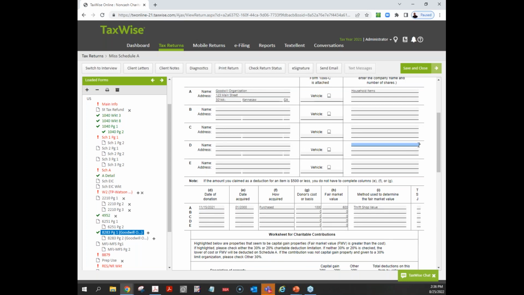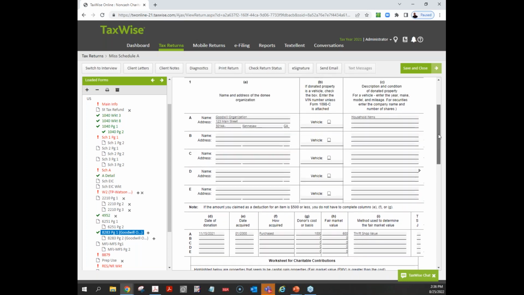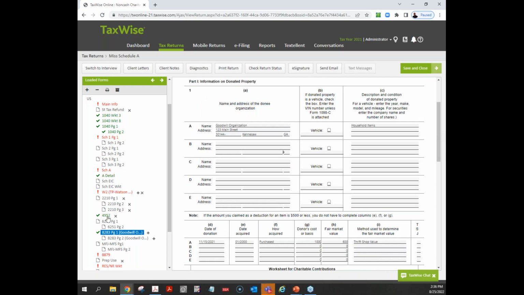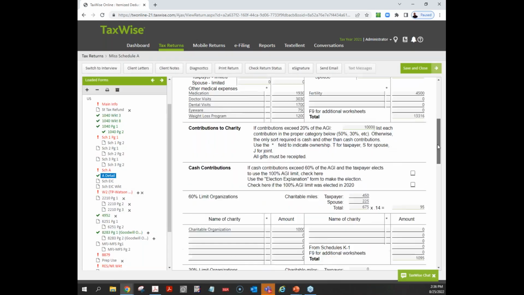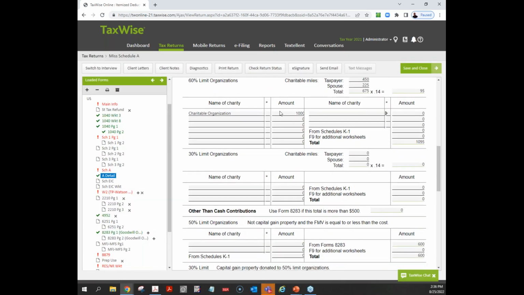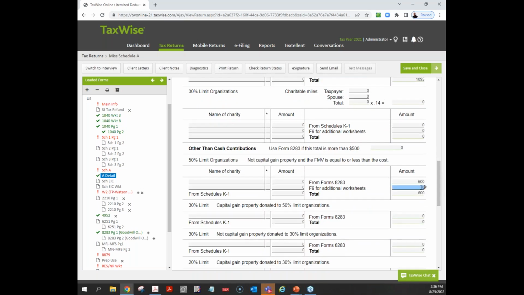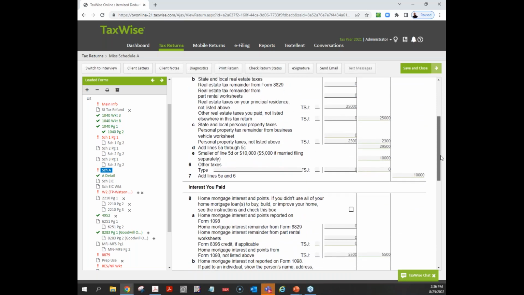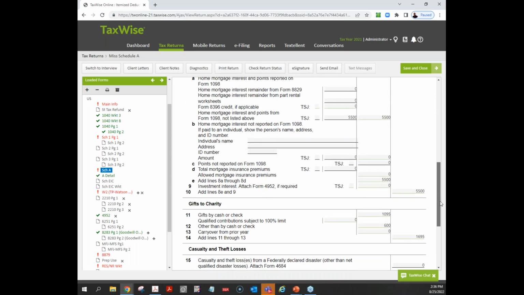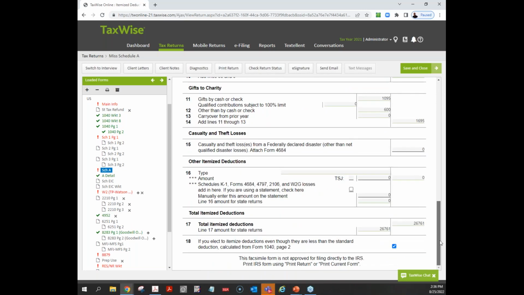All right, so looking at this, we've got some non-cash contributions, some household items. Let's come back over here. Let's go back to Schedule A detail. We have money they gave to charity. We also have items from the 8283, that's $600, that's where that's coming from. Now let's take a good look at our Schedule A. We've got some medical deductions, we've got some state and local deductions capped, we've got some mortgage interest. All together, we've got about